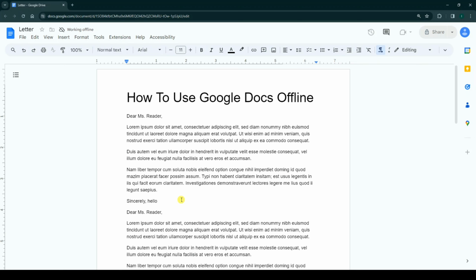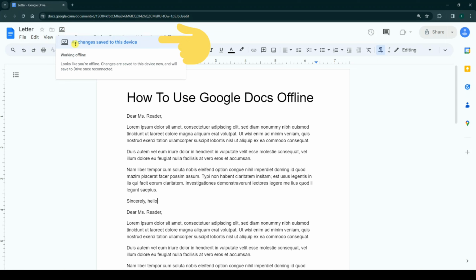For example, I write hello, and on the top in the Save section you see a device icon. Click on it and it tells you all changes saved to this device and will save to Drive once reconnected, which